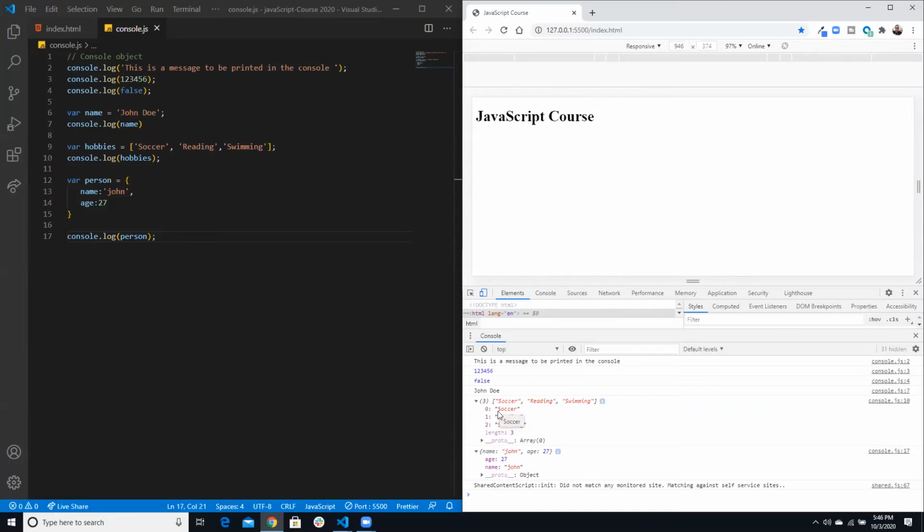We access the soccer by the index. However, here we access the age by the age key. That's it for the console.log. It can print any type of data that you want, but I want to show you that you can also use console.table with an object. So table, it will present the data of that object in a better way